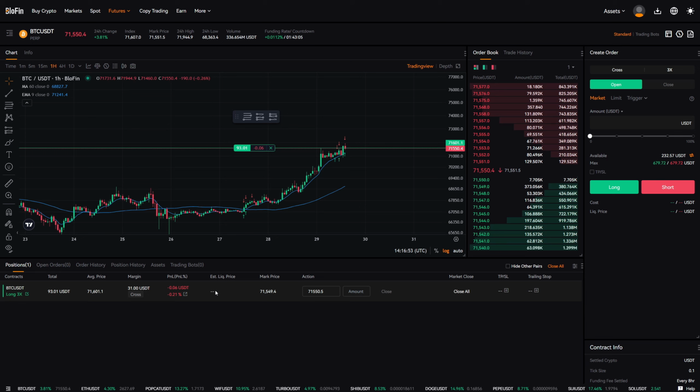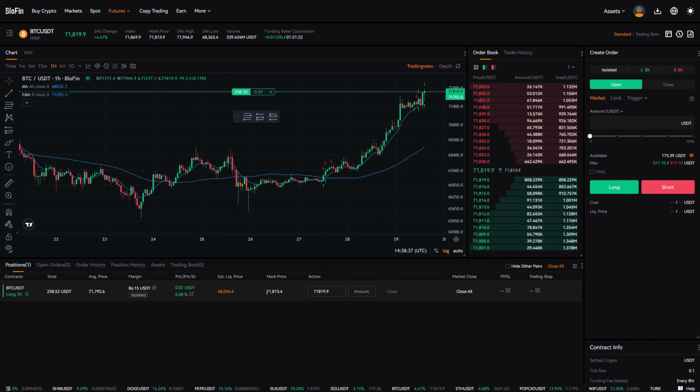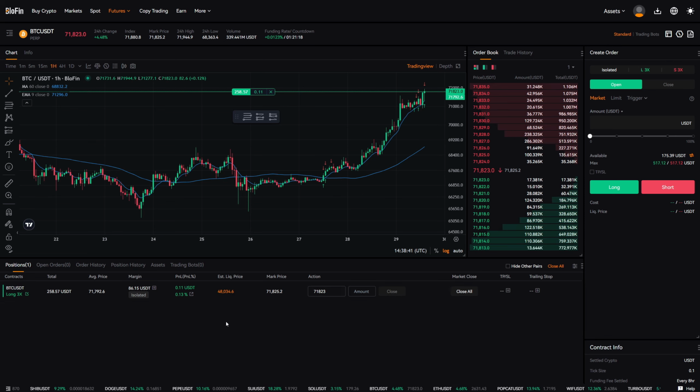Next, you can see your liquidation price. Right now, I don't have a liquidation price because my position is relatively low. If you trade with more leverage, you will see your liquidation price here. Once this price is reached, you will be liquidated and you will lose all of your margin, which you used for this trade. I have just created a new trade, so I can show you this as an example right here. In this case, my liquidation price is at